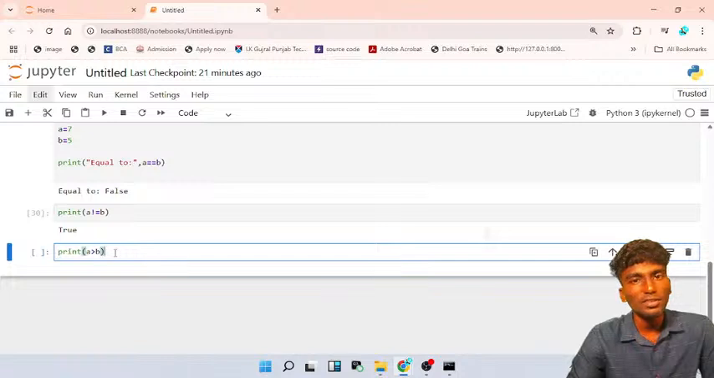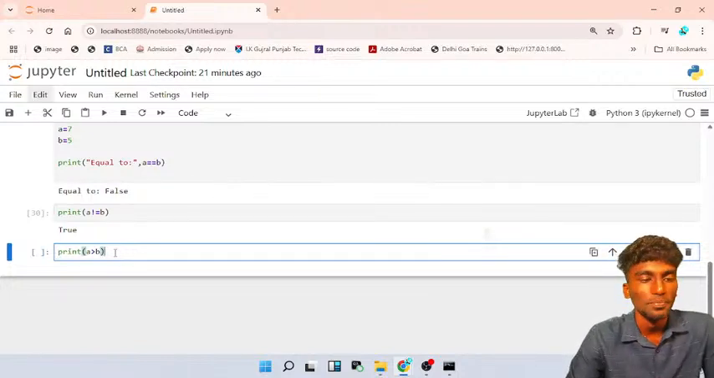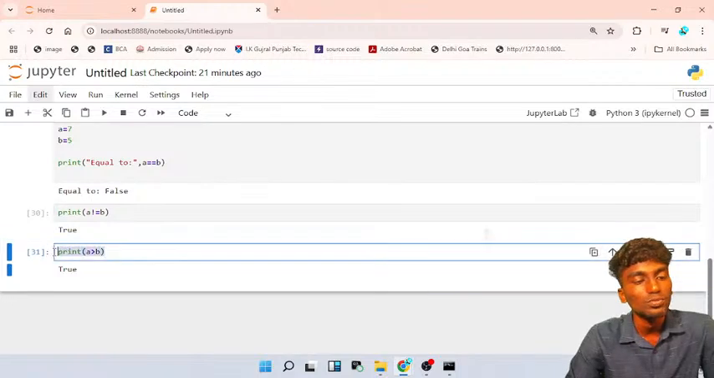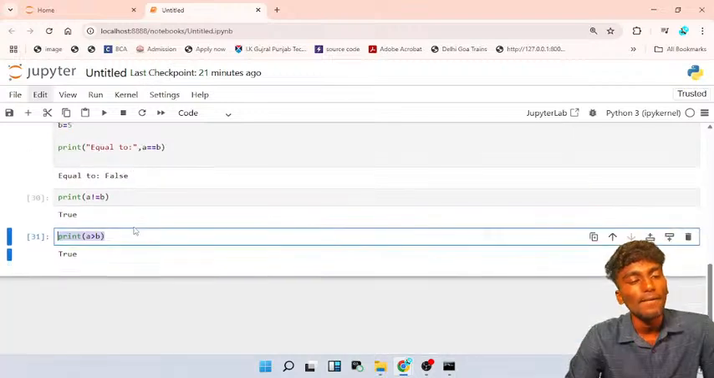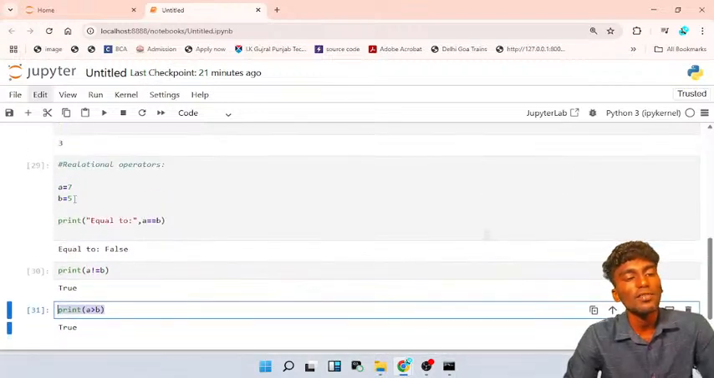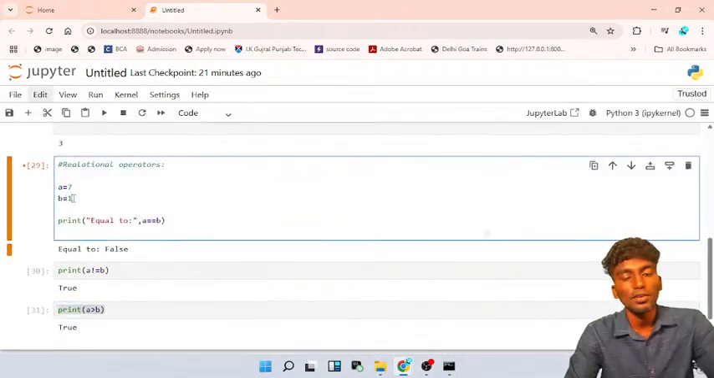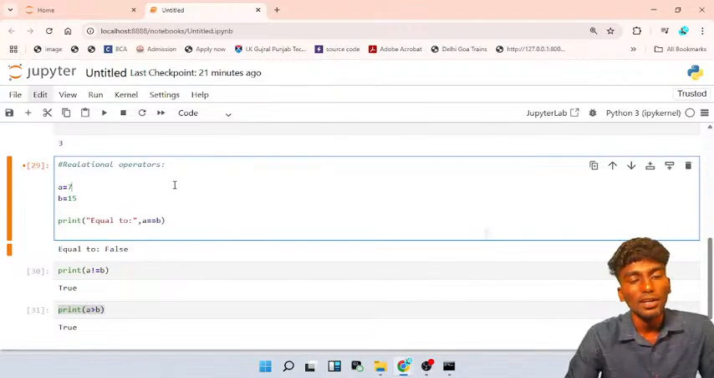Yeah, really, 7 is greater than 5, so we can print true. Now let's check. Yeah, it prints true. That means a is greater than 5. If I change the value 5 to 15 and run this cell,